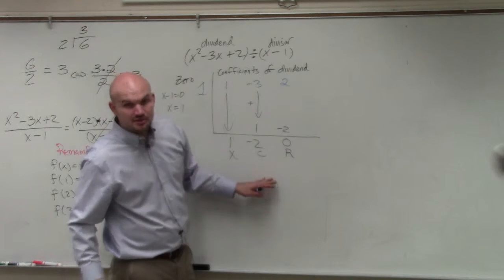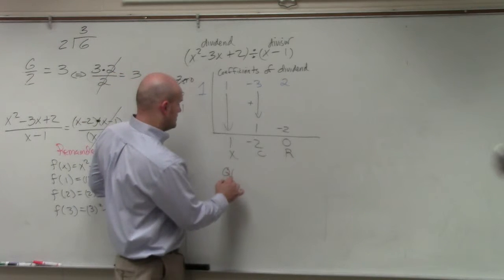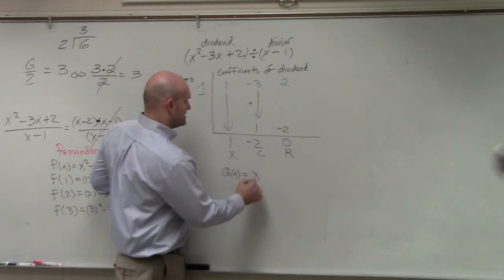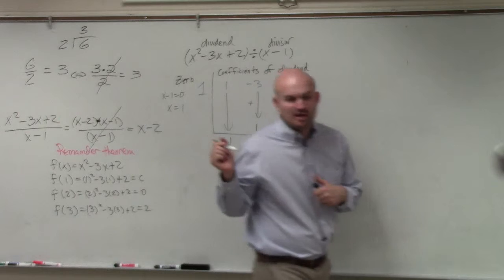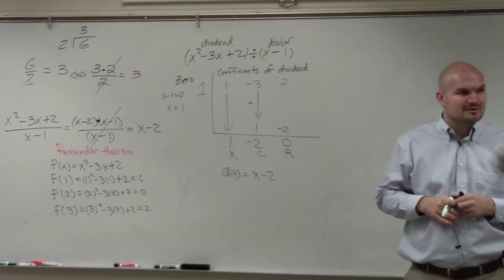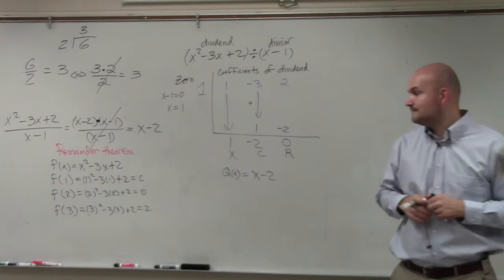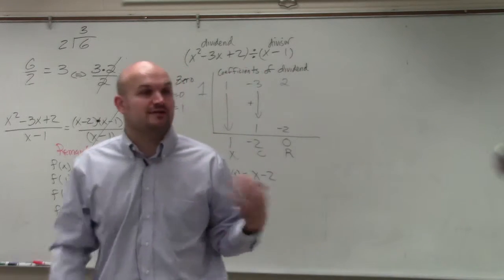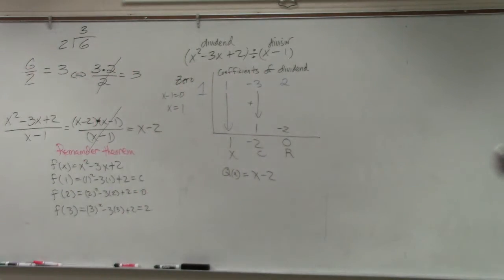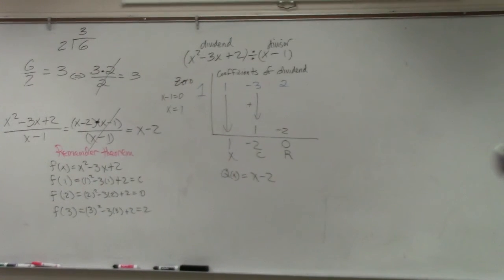But that's our answer. So we can write our q of x as x minus 2, because these are the coefficients, which we already knew from doing this problem 3 times. Correct? OK? And since we have a remainder of 0, we know that 1 is a 0, and x minus 1 is